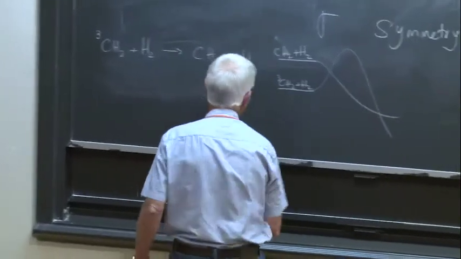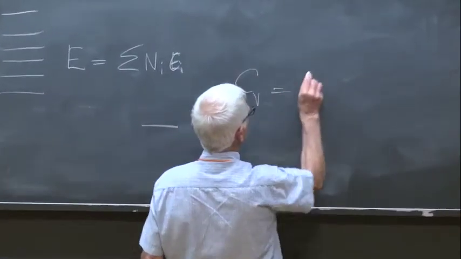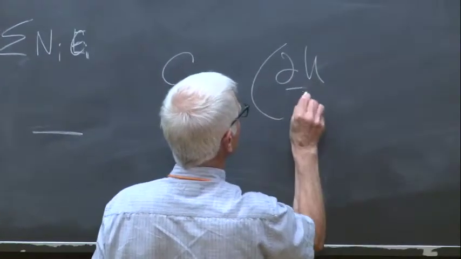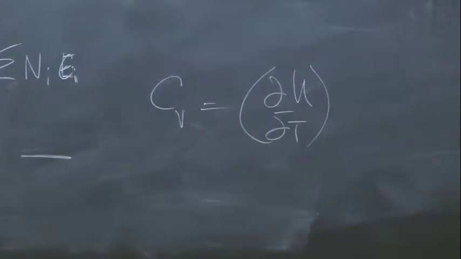Remember, the heat capacity CV will be equal to dU by dT, and you're working out an expression for the energy. Okay,